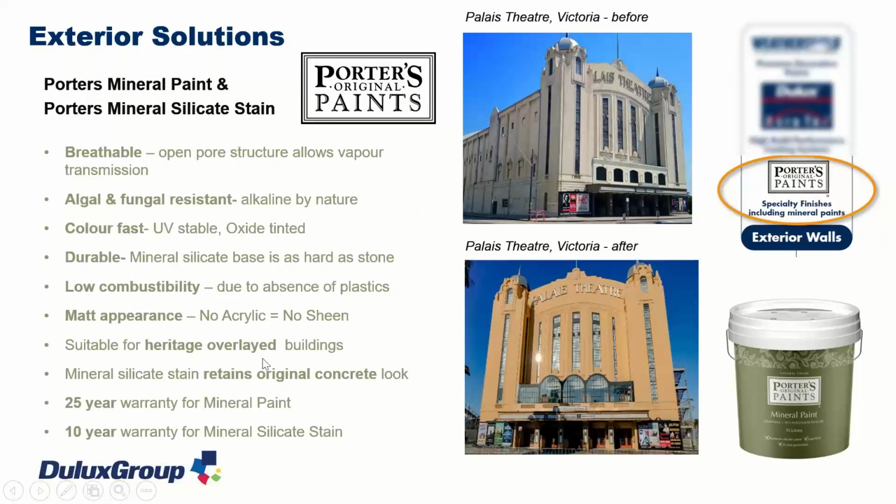Actually, I don't know if many of you on the call have many heritage buildings. We tend to find some of our Procurement Australia members do, but we've got a product in our Porters range which is specifically designed for heritage buildings. It's a breathable coating, which is ideal for protecting heritage buildings. And there's a good little example there of the Palais Theatre that Porters was on, and Prince's Theatre it's also on,